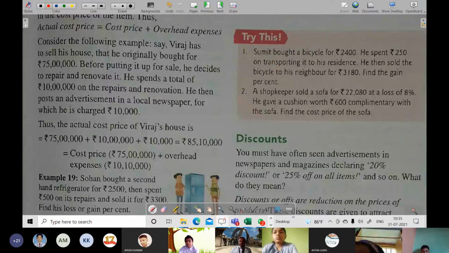In that way, his business will go down. So for a businessman, of course, overhead expenses are also added, and some profit should also be added. Okay, if it is a very close relative, then they may give you a better price.